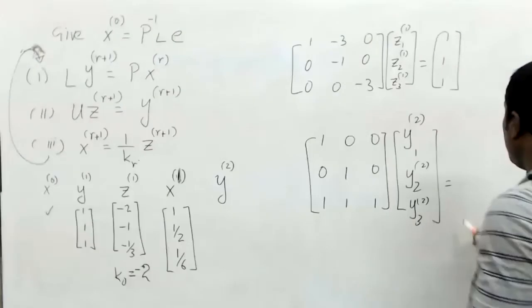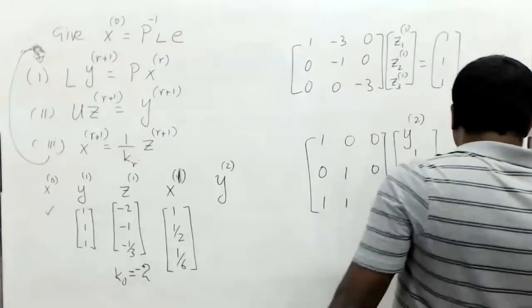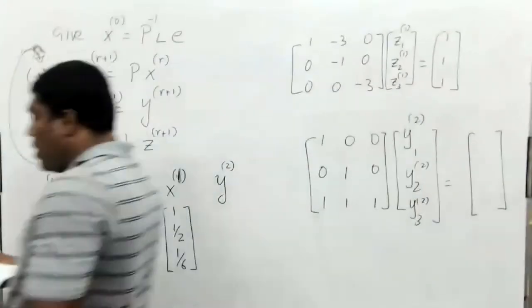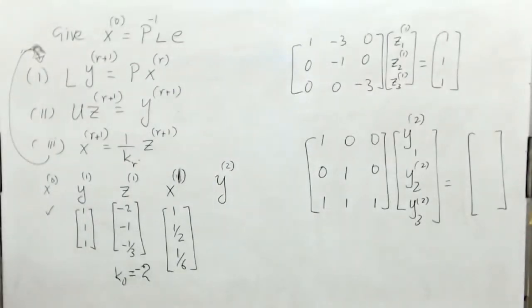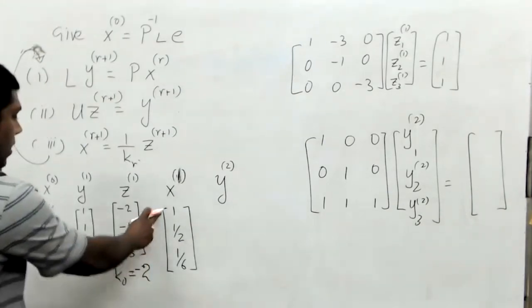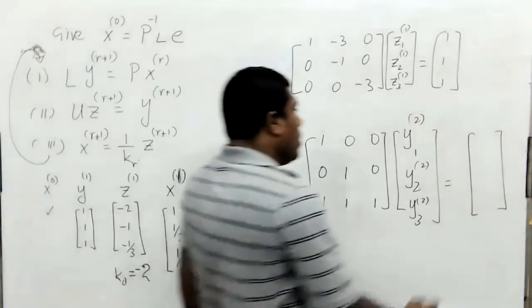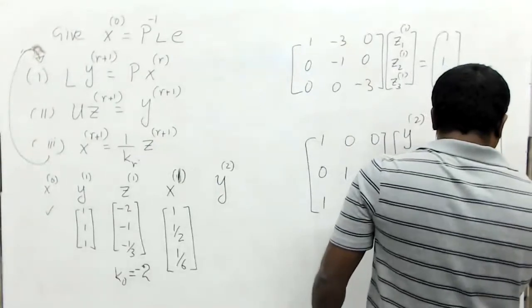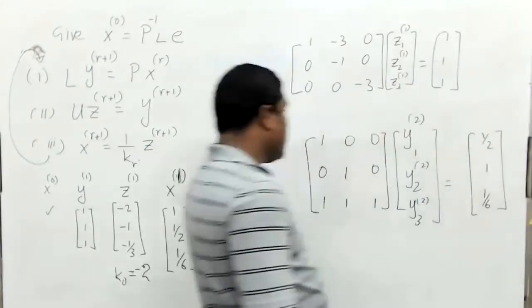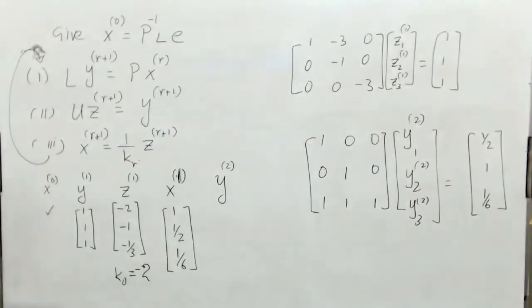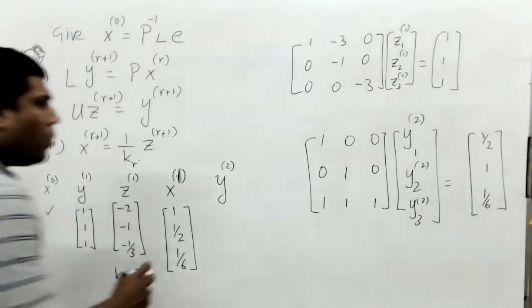So P is P23 times this, right? P23 times this is this. So you have to interchange the first and second rows. So you get 1/2, 1, 1/6. Right? So 1/2, 1, 1/6. So then clearly you can find Y2. Right? So the first component is this